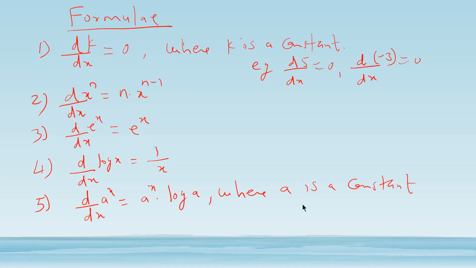So this much we have seen. Here x should not be 0. These 5 things we have seen today. Derivative of a constant is 0. Derivative of x to the power n is n into x raised to n minus 1. Derivative of e raised to x is the same as e raised to x. Derivative of log x is 1 upon x. And derivative of a raised to x is a raised to x into log of a. In the second one, x is in the base. In the fifth one, x is in the power. That is how you have to remember.